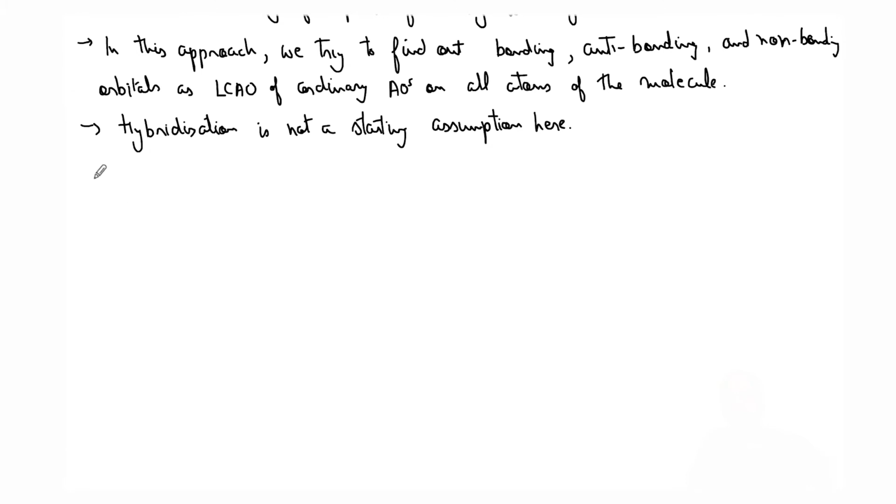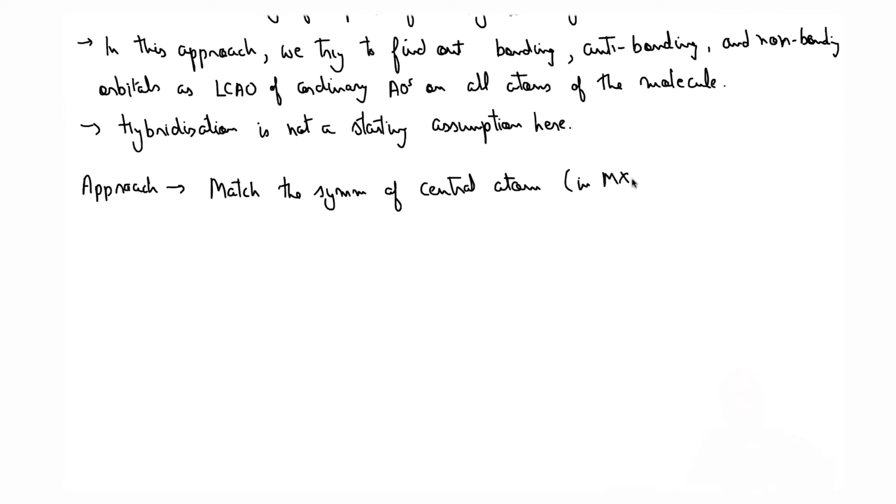So what is the approach? I'll just give you a brief approach, and then we'll write down step by step, and then again we will take the beryllium hydride example so that we can compare it with the localized MO approach. So the approach in short is to match the symmetry of the central atom, for example in MX4 type systems, right? With